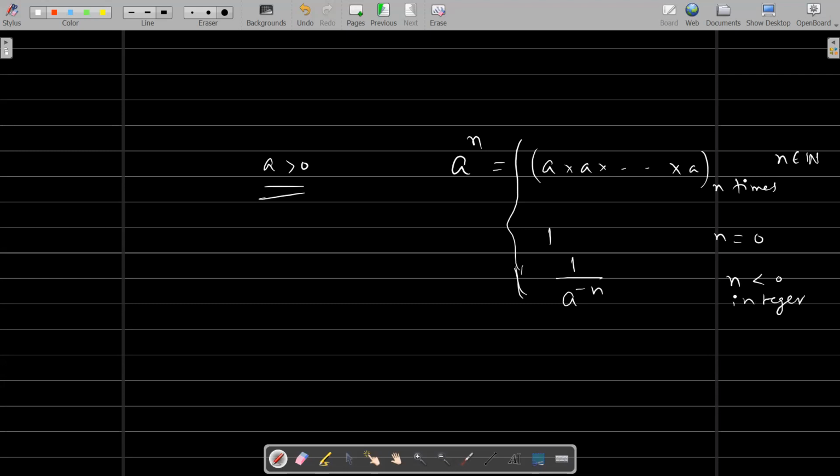So for example, a raised to minus pi is like 1 by a raised to pi. And now a raised to pi is defined, it's like a multiplied 5 times. Right? I can define it for integers. Now with that further I can define it for rationals. So suppose I want to define some number raised to 2 by 3. So what I'll do is